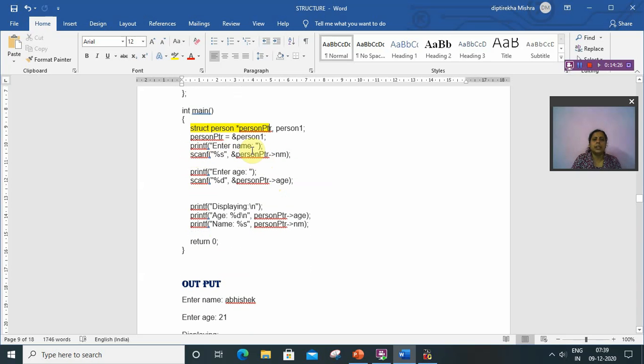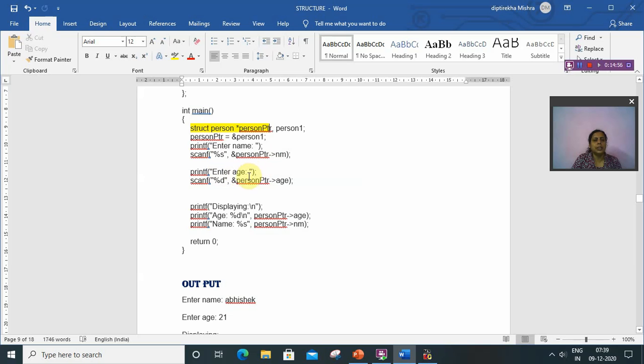So let us enter the name. The name is stored in person by personptr arrow name. Normally we use dot, which is the member access operator, but in the case of a pointer we use the arrow mark. So ptr is a pointer, so &personptr->name. In this case we don't use dot.